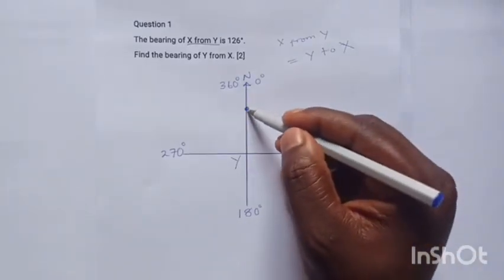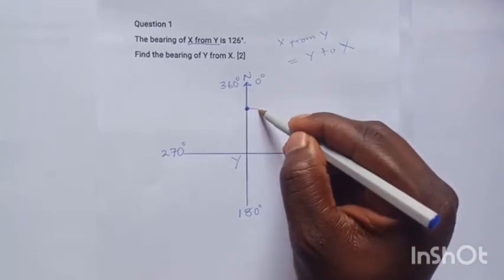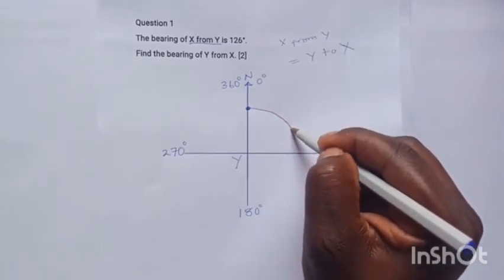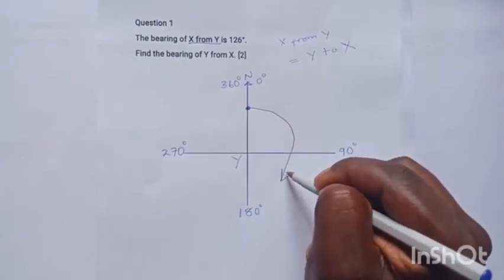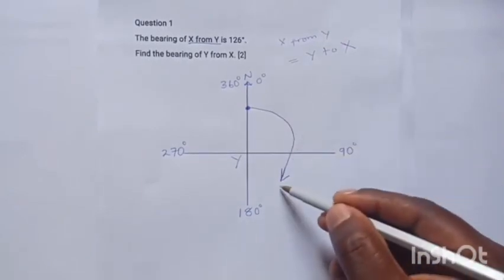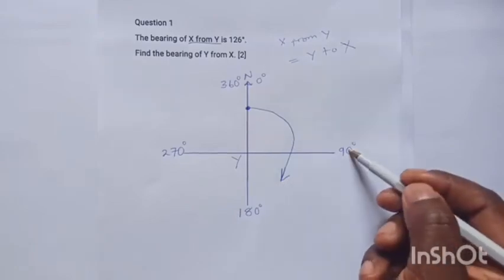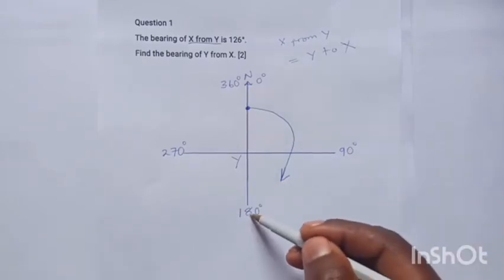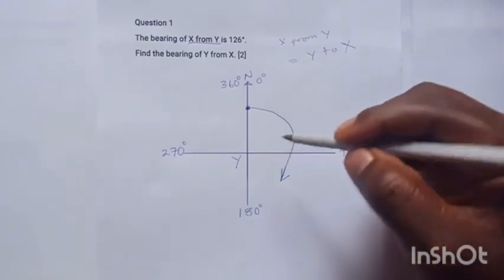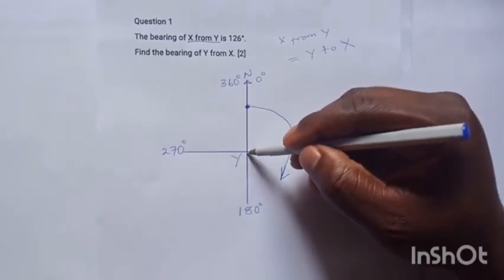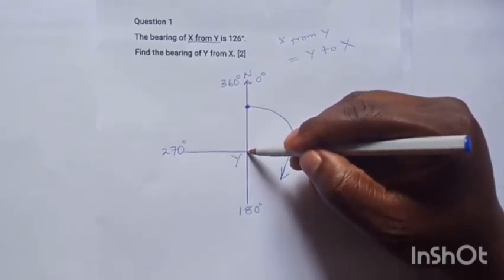So when measuring 126, you use an arrow in a clockwise direction, and the arrow is going to be placed in the second quadrant between 90 and 180, where 126 degrees is located. Right. So you then draw a straight line from the heart of the compass